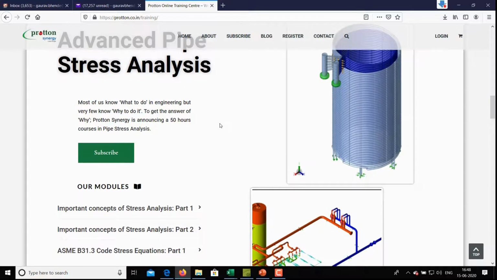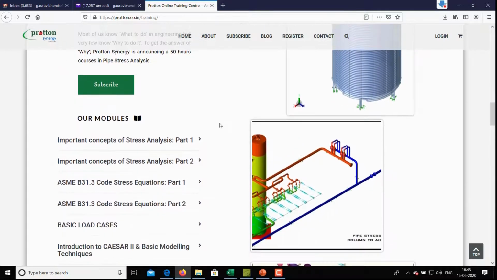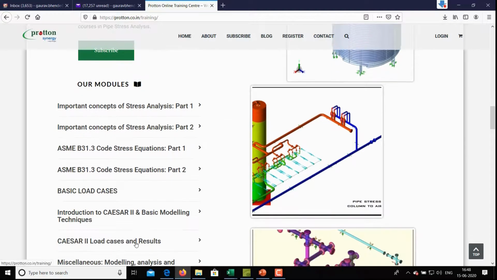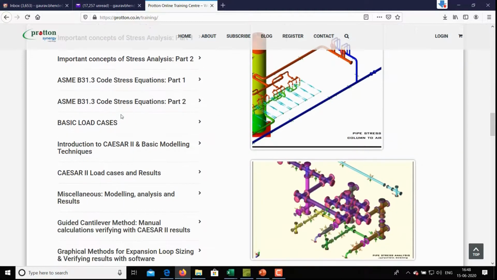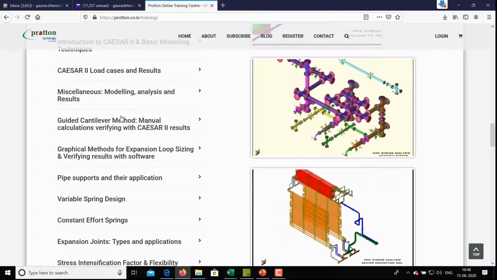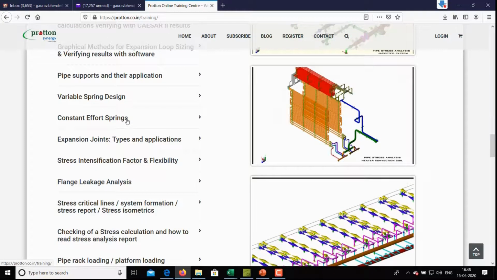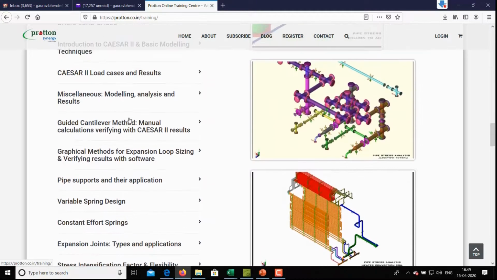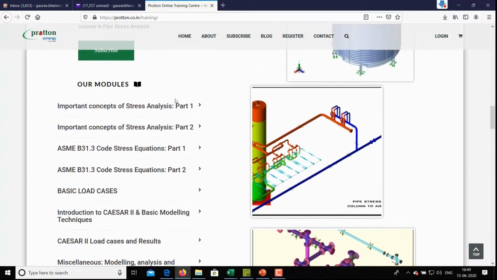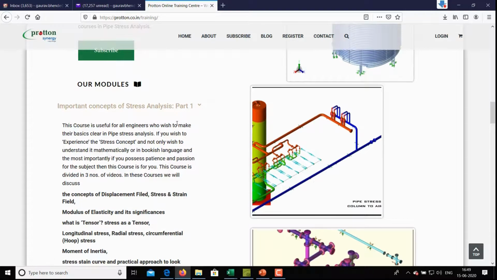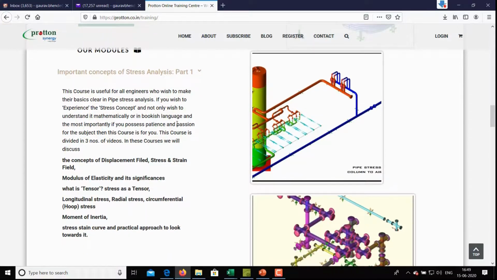Now if you go a little bit further up, this is the syllabus. At present we have designed this course with 20 modules, which cover all the subjects or topics which I placed on my YouTube video. If you click here, it's a drop down menu wherein, about that particular module, we have written in detail what we are exactly going to learn here.